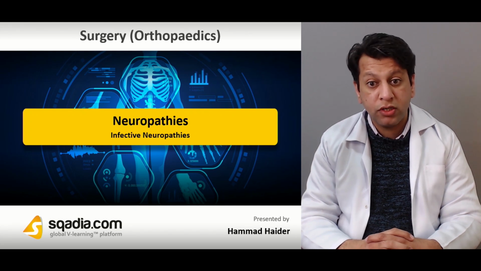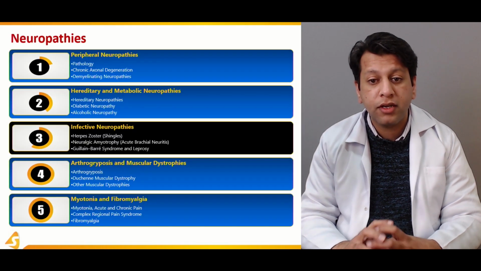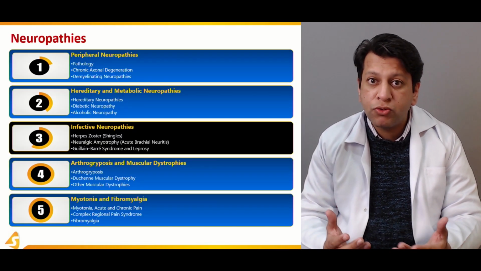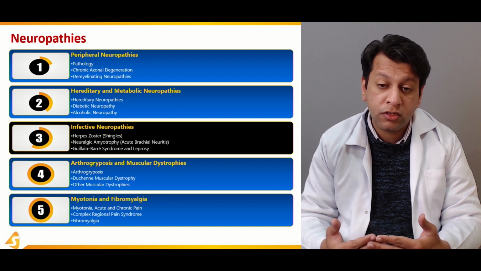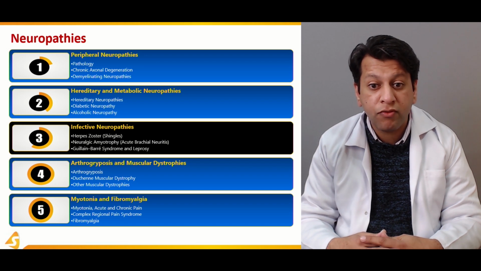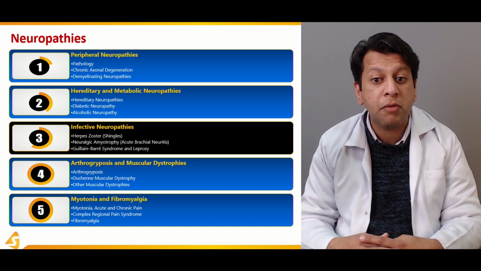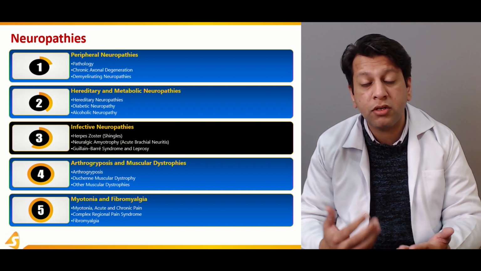Now, moving on to our third section that includes infective neuropathy. In this section, we will be going through those infections which specifically affect the different nerve roots or nerves. These include shingles or herpes zoster infection. Then we will be briefly going to neuralgic amyotrophy or acute brachial neuritis, which also can lead to usually